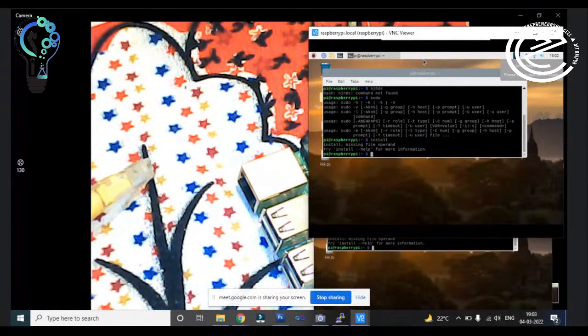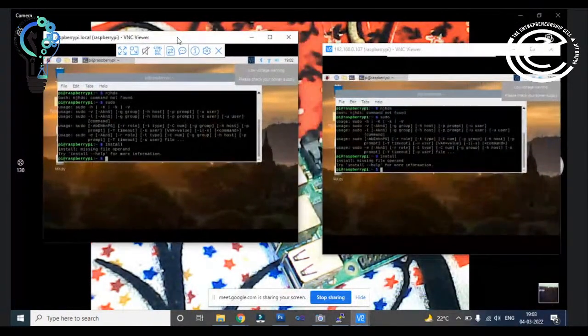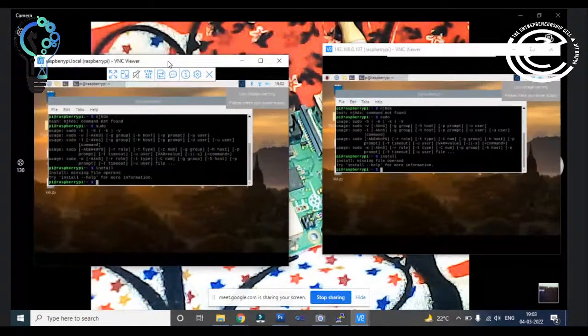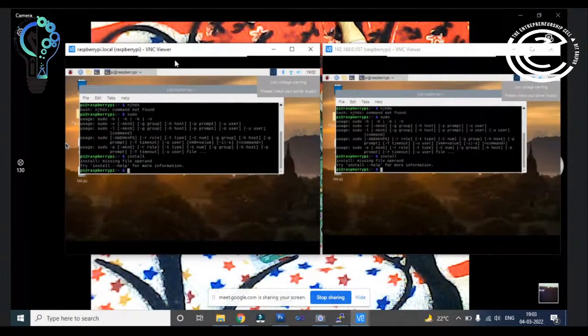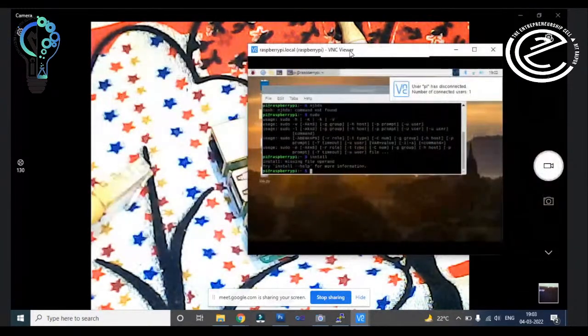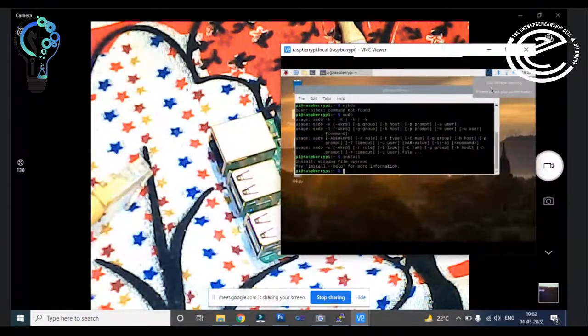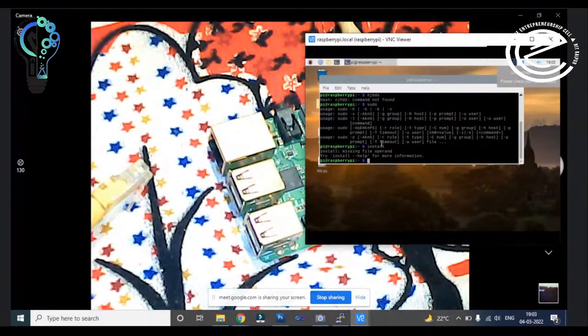So now, okay, you can see this is the image, and here you can see the connection. It is not disconnected because I think it is taking the Wi-Fi connection. Let me close this. You can see user Pi has disconnected. Now when I close the Wi-Fi window, then it is already disconnected, but it should not be disconnected because this is connected with the LAN.